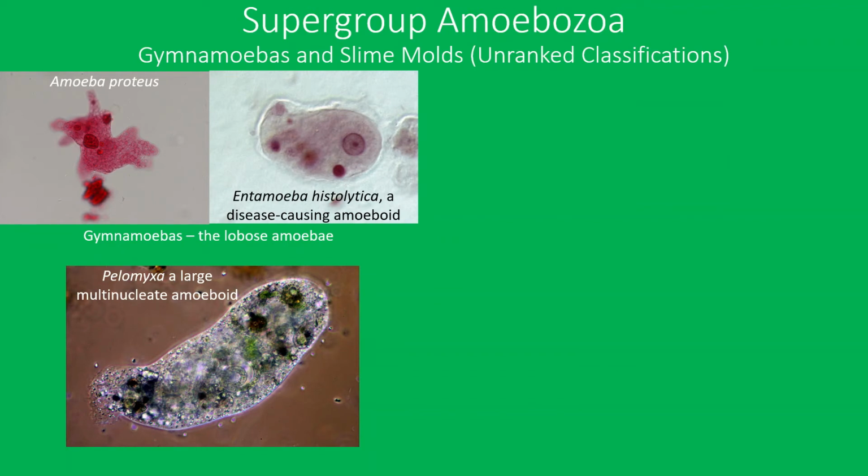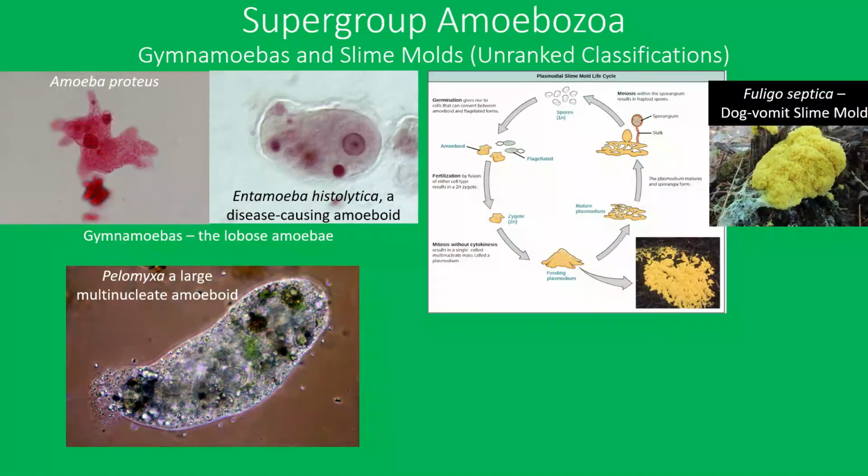The other group are called slime molds, which are not really fungi but are in supergroup Amoebozoa. The fungal-like structure they can take up is thought to be a result of convergent evolution, since both slime molds and fungi reproduce using fruiting bodies and spores. Slime molds can either be plasmodial or cellular. Plasmodial slime molds are large, multinucleate, and slowly moving.